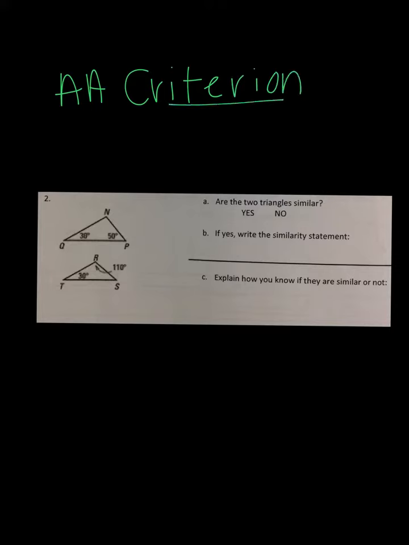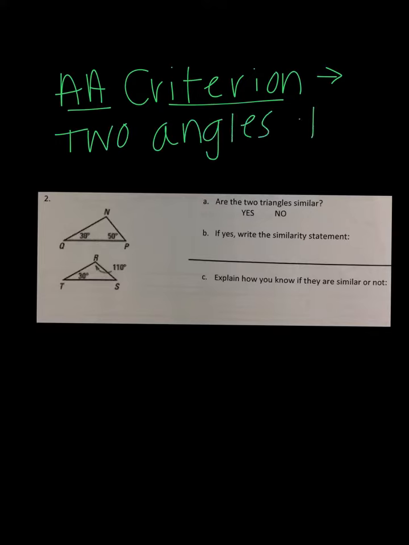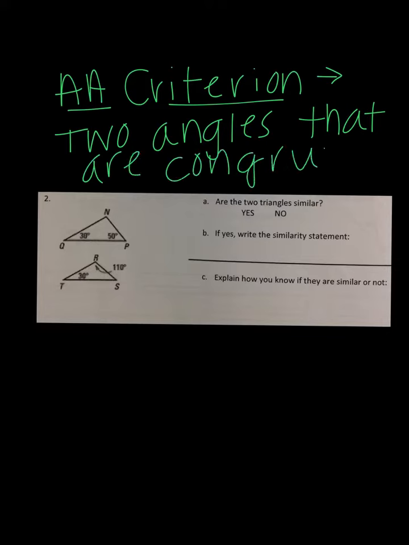Okay guys, so to determine if two triangles are similar, I use the AA criterion. And criterion makes me think of criteria, something that has to be true in order to know if something's similar, is that it has to have at least two angles that are congruent. So in this problem, congruent,